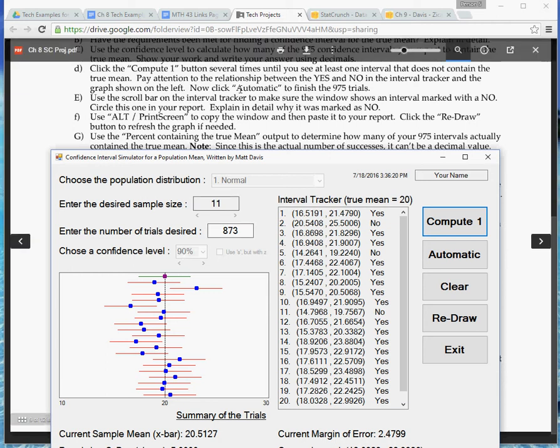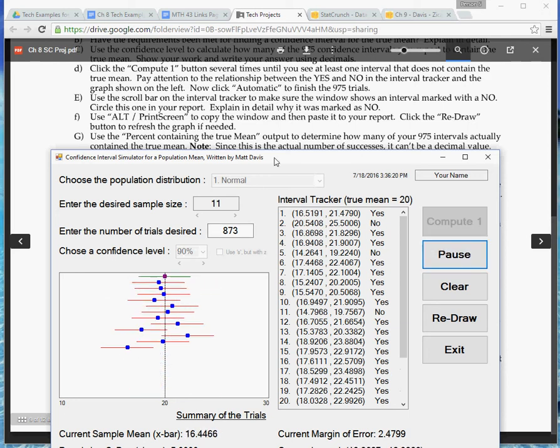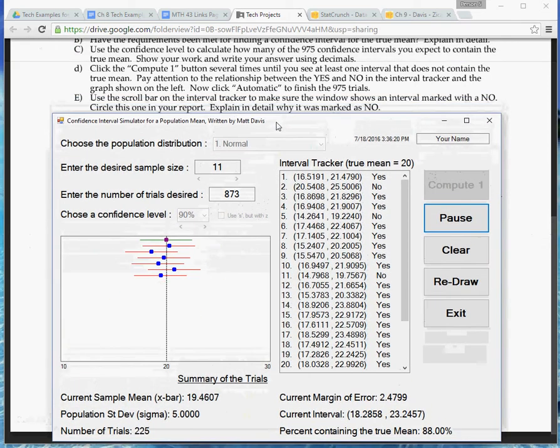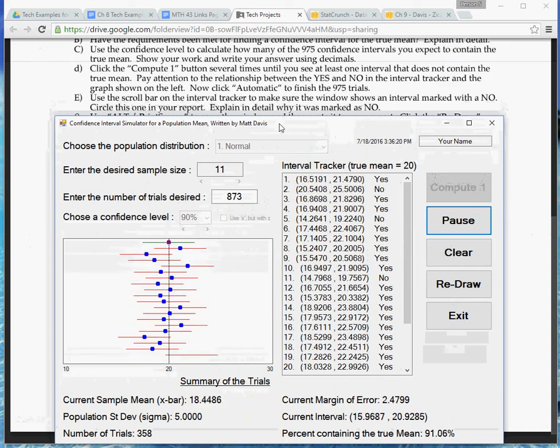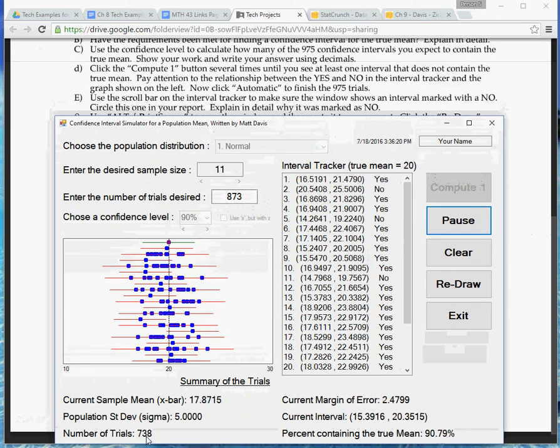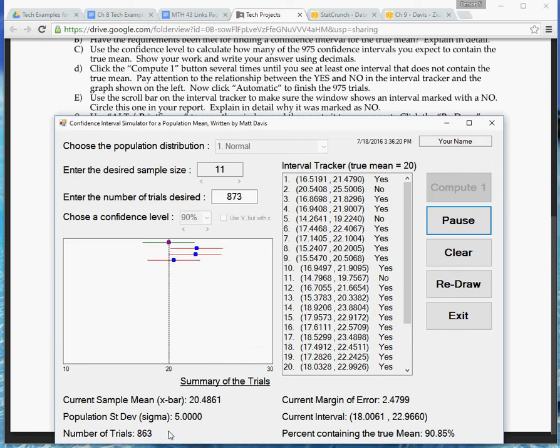All right, so there's nothing to do here in terms of the report, so we're just going to click automatic and let this run. Let me pull this up a little higher so you can see the bottom. So we're going to go till there's 873 of them. We're getting there pretty fast. It'll slow down at the end, throw the last in with a little slow down drama. And we expected around 90% of them to be successful, and I got